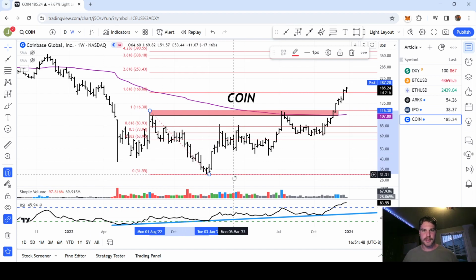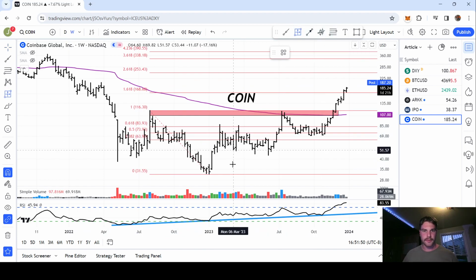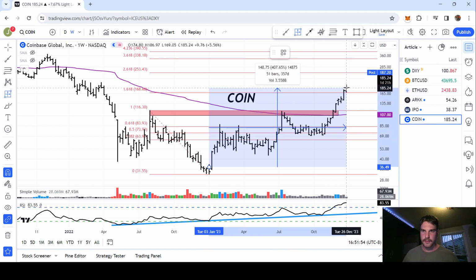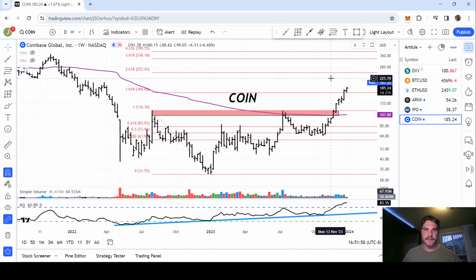I don't even know how much it's up year to date. It's got to be up over 400% or so. Let's just take a look at that. Yeah, right around 412. So this one has a massive move. I think we need to consolidate for a while right around this 200 level, but I don't really determine that. The market does.